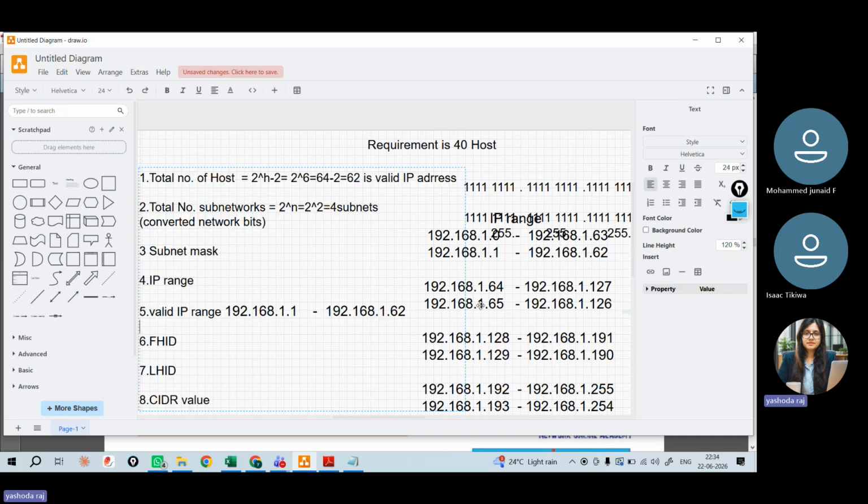So like this, all this one, whatever I have written in the below. For IP range, you have to write this: 1.0 to 1.63, 1.64 to 1.127, 1.128 to 1.191, 1.192 to 1.255. And for first host ID, you should paste 1.1, 1.65, 1.129, and 1.193. This is for first host ID. Last host ID, you should write with